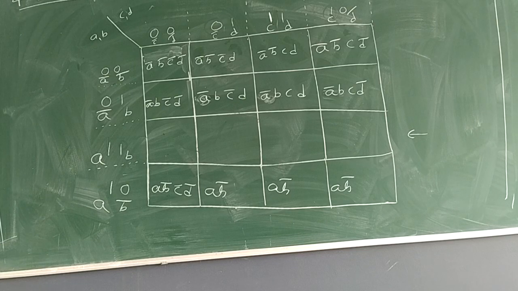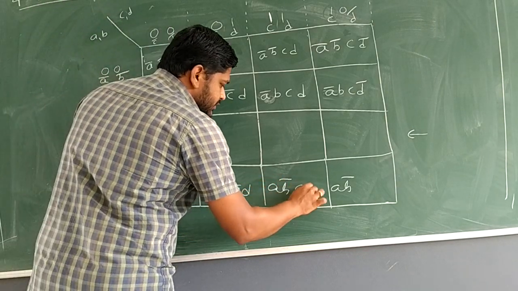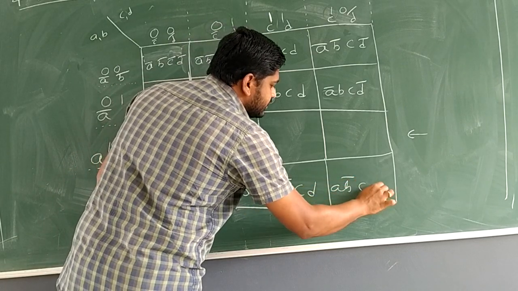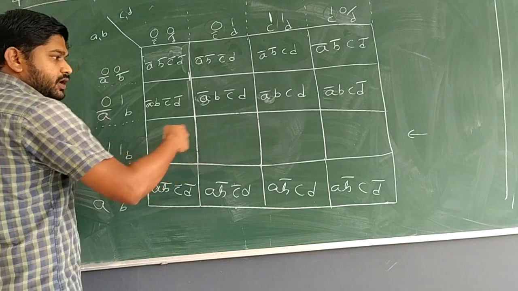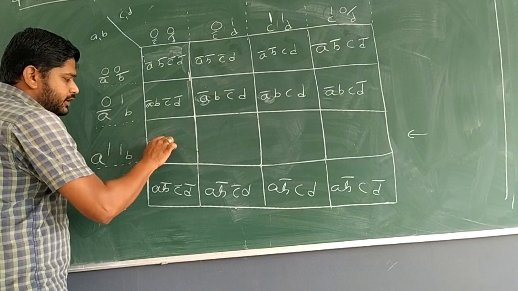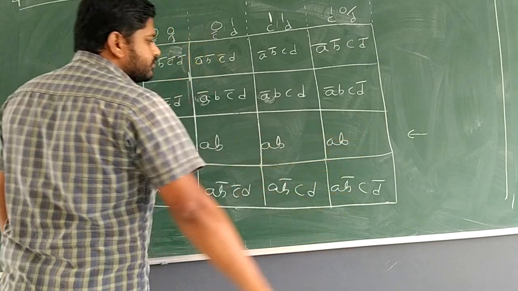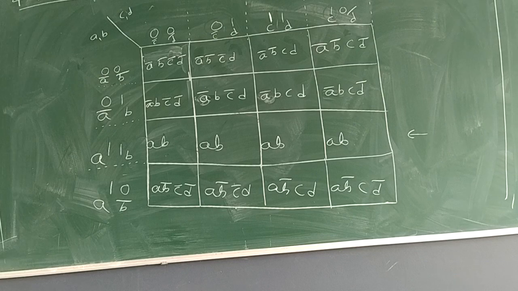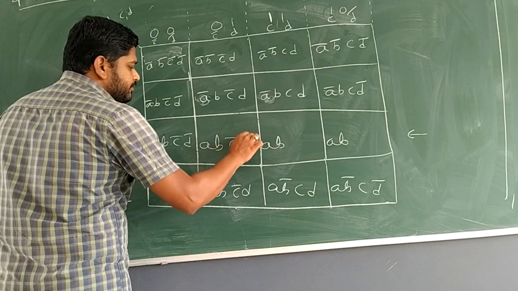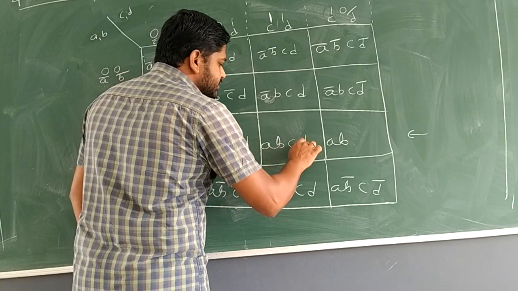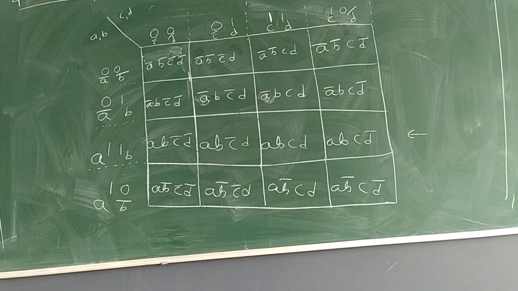Okay, that is the definite result. Column wise, C complement D, C with the D complement. Okay, so now I am writing the third row, AB, the full row is AB. Now let's write the variables column wise: C complement D complement, C complement D, CD, C with the D complement.